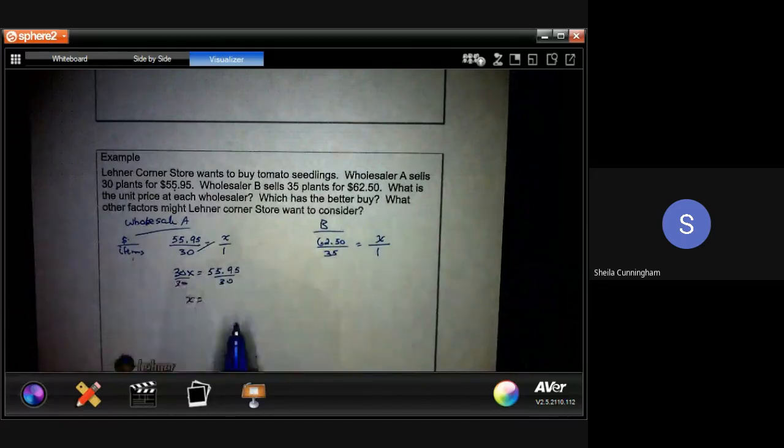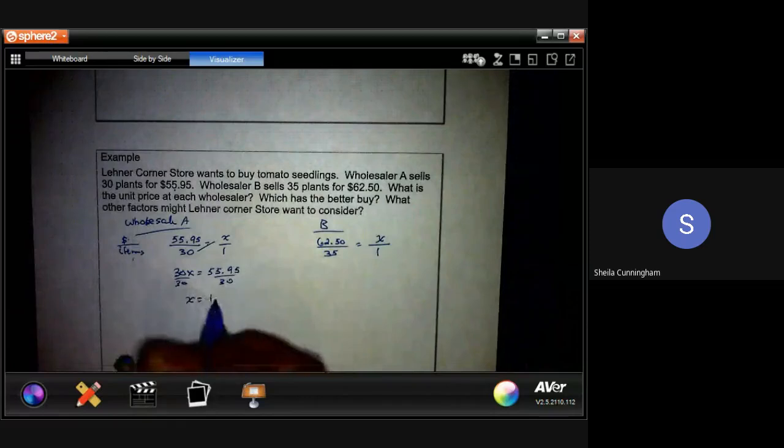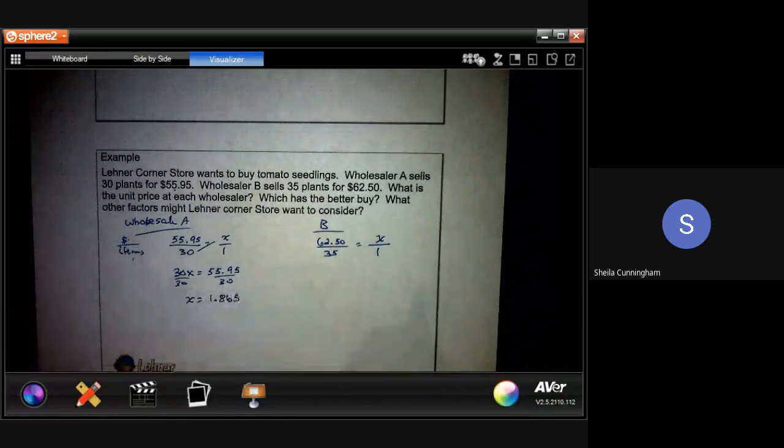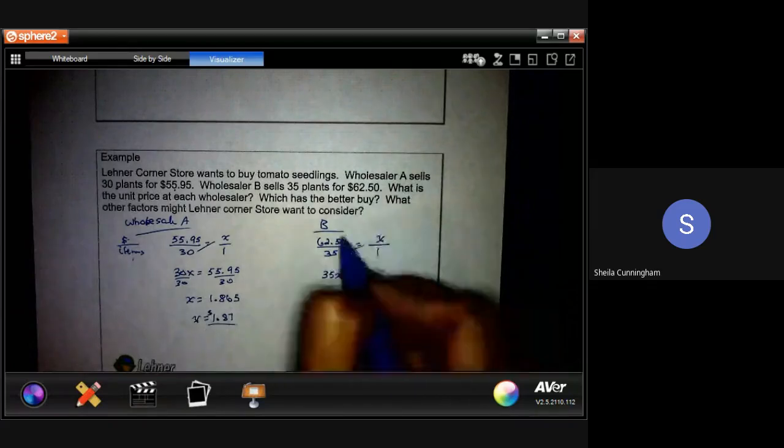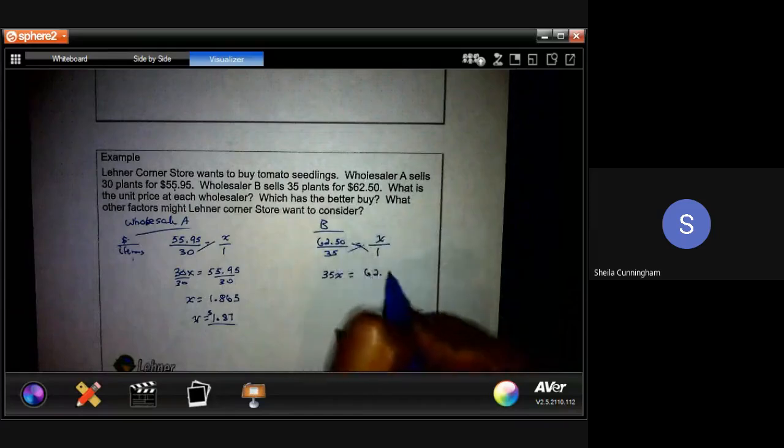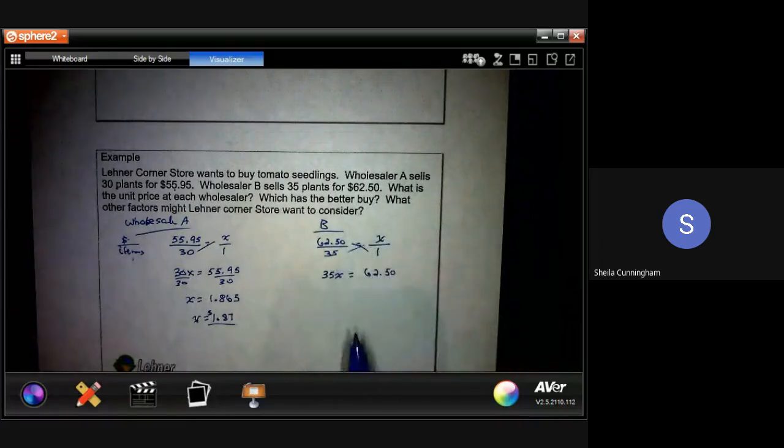I'm getting per tomato seedling, it would be $1.865. Again, if we're looking at dollar price, this 5 is going to bump this 6 up. So the cost per a tomato seedling from wholesaler A is $1.87. Now let's do the same thing on the other side. I'm going to take the 35x is equal to $62.50. So if I take the $62.50 divided by 35,